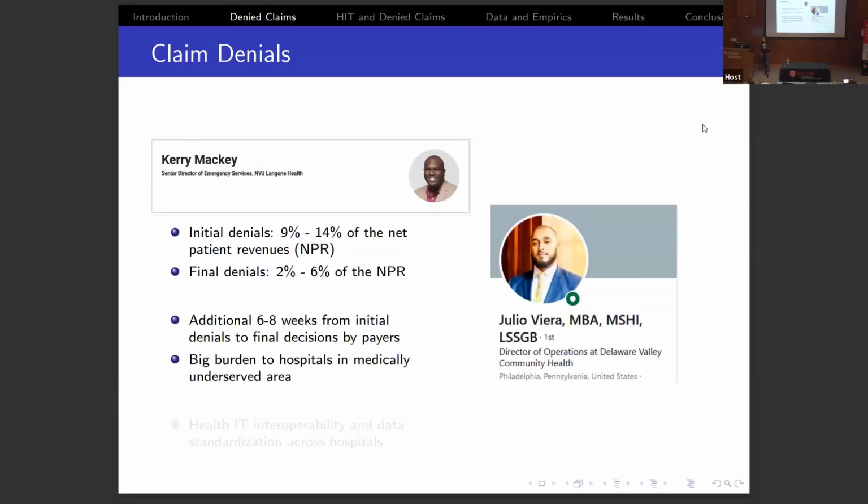And another professional mentioned that serving in a more underserved area, the time delay, right, that they have from the final decision is a really significant burden on them. So it takes about 6 to 8 weeks to get the final decision from the providers, and this creates delays